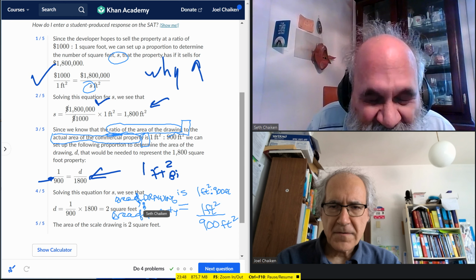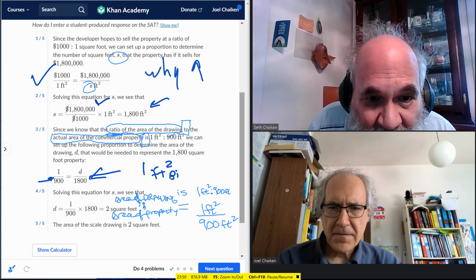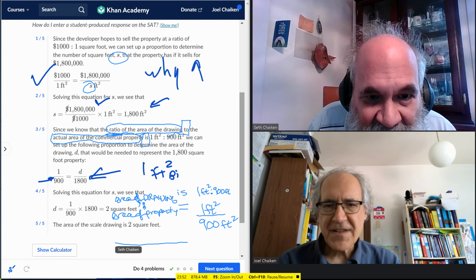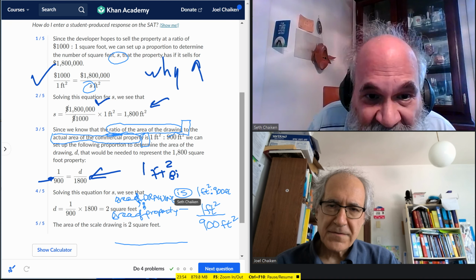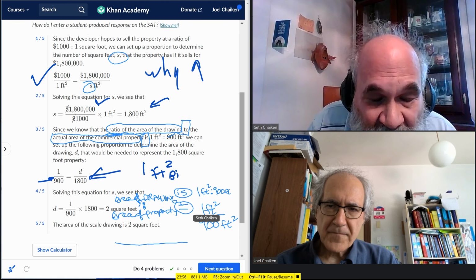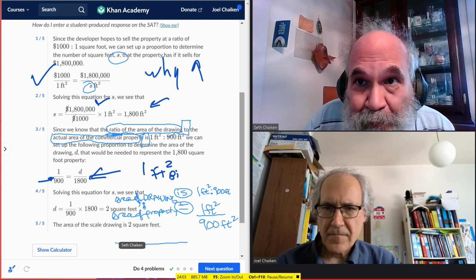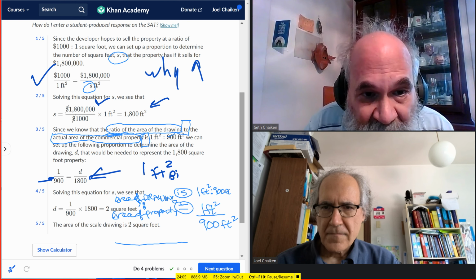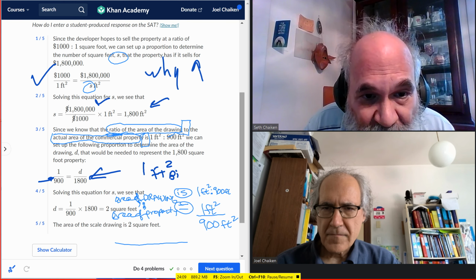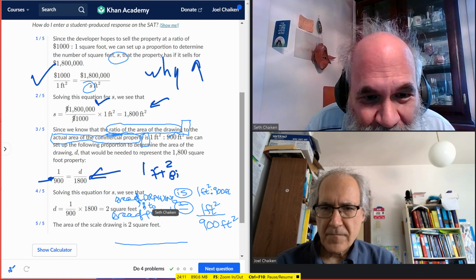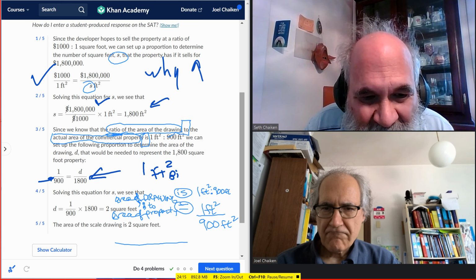That's the same thing as a fraction bar, and the ratio is the same thing as an equal sign. And so instead of writing ratio area of drawing to area of property, I write